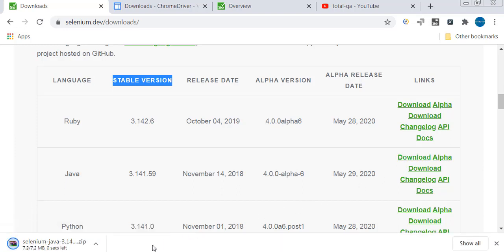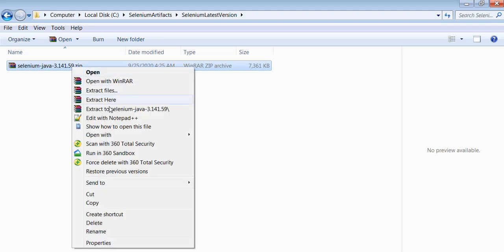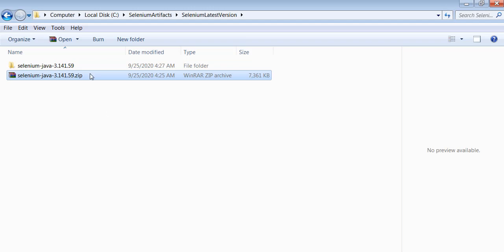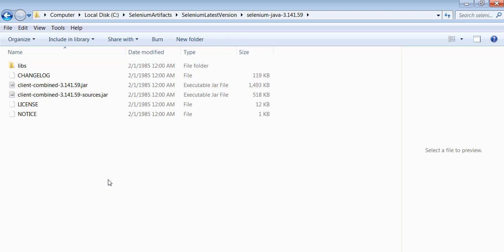It is downloading. Then unzip the file: right click, extract, unzip the file. View the contents of this file. The file contains jar files. There are two different jar files. One is the client combined jar file, and one is the client combined sources.jar file.